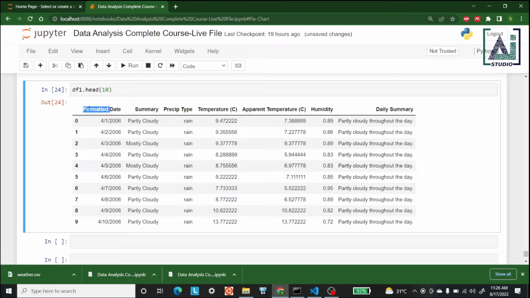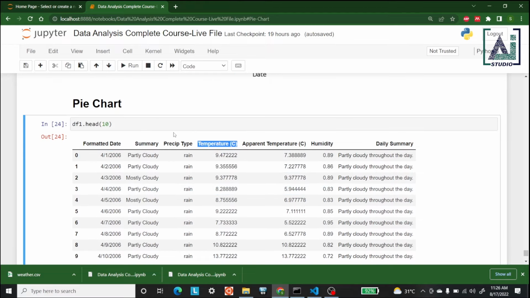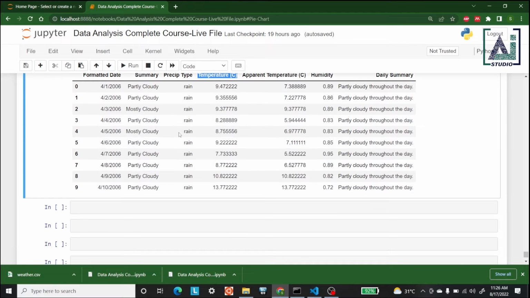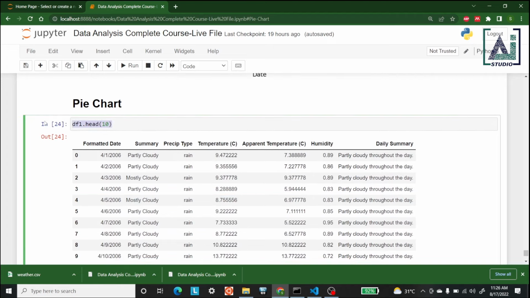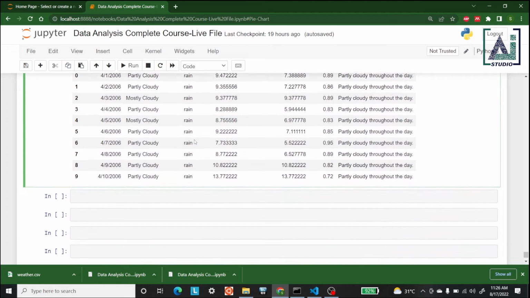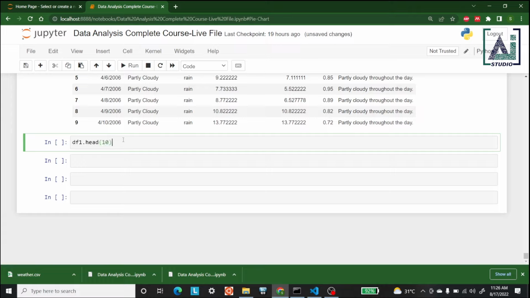We are not going to develop a pie chart for formatted date, of course, or for summary. We are going to develop pie charts for temperature, apparent temperature, or we can develop a pie chart for humidity. So first of all, let's develop a pie chart for temperature. To do that, the first thing we need to do is take a transpose of this. So a transpose of this data frame will look something like